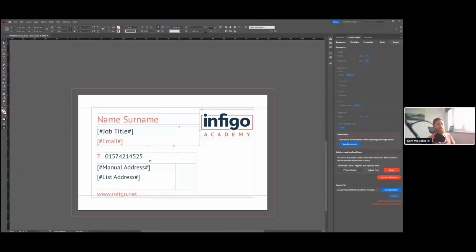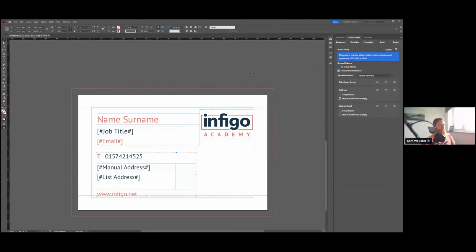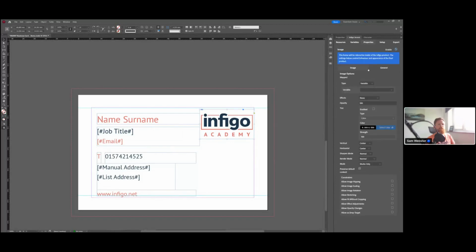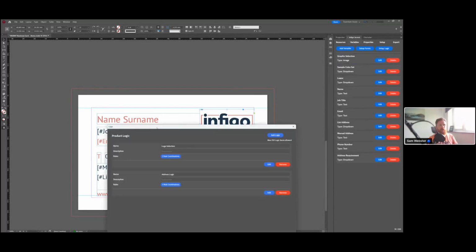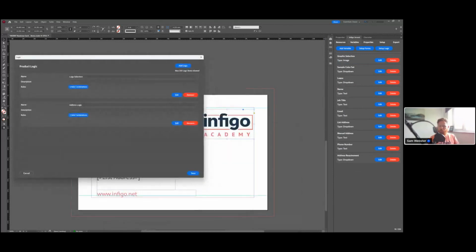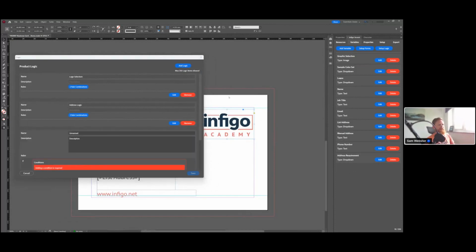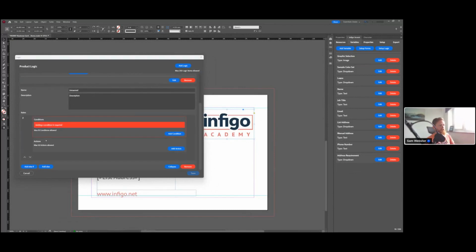So let's say, for example, I have this image here, which I've just made variable. Now, if I go to my logic, I can create logic in here, which will allow me to actually control what that field does. So if I move it, if I show or hide it, it's a whole different thing. However, if I try and create it by default here, assuming I've not changed it previously,